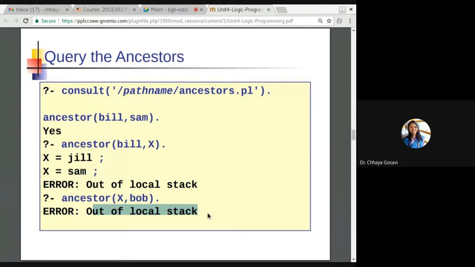Stack is what? A primary memory. It's considered as a stack. It stores your local variables, intermediate results, incomplete functions. So in a recursion, the number of times you call the recursion, those many functions are stored in a stack and you'll get an error like stack overflow in case of C, C++, Java. And in case of Prolog, the error is out of local stack.